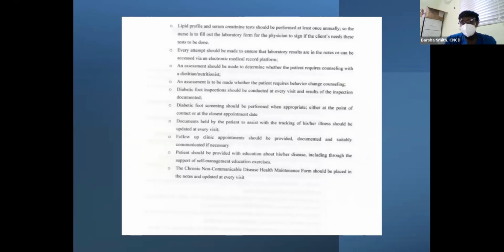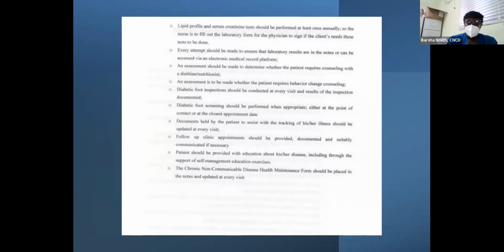Follow-up appointments. I know we do very poorly as it relates to CNCD, but we need to follow up these patients. Once they're given an appointment, we need to make sure the patient comes back. We need to see how they're doing on those blood pressure medications. We want to see how they're responding to the asthma medication. We want to see how their diabetes is. Is it being controlled based on the medication, so that it can be increased or decreased as needed?